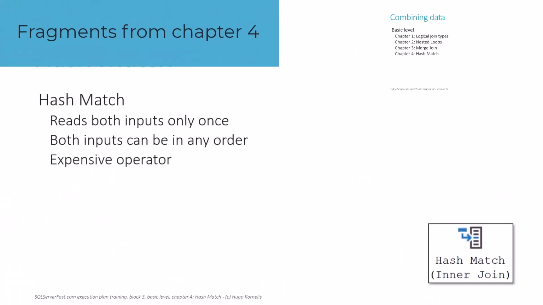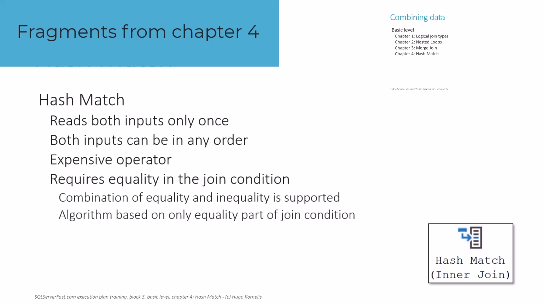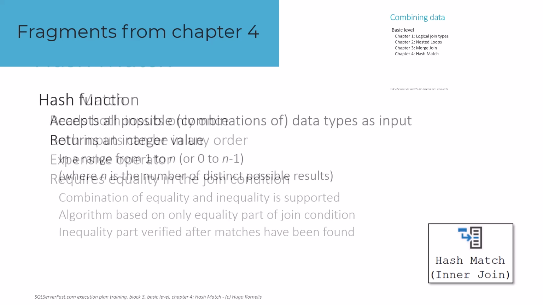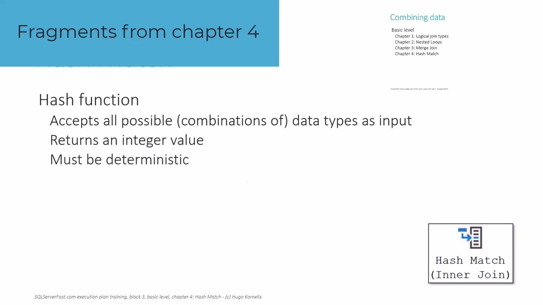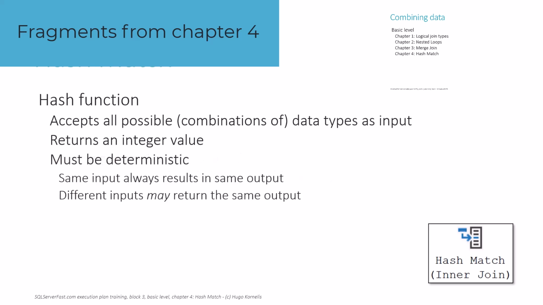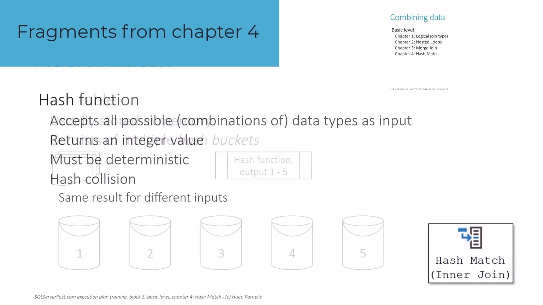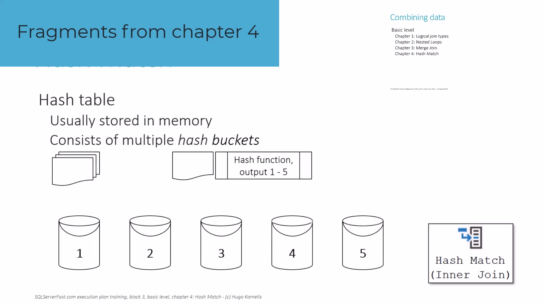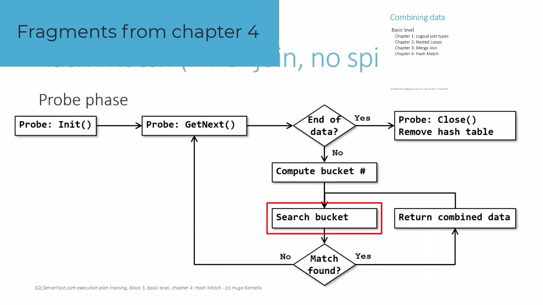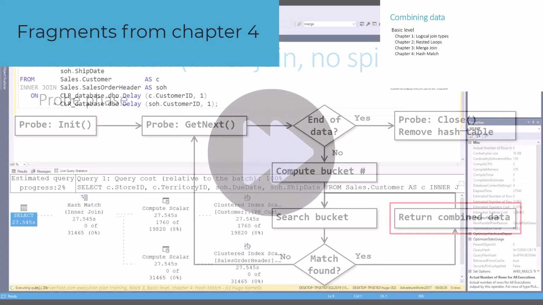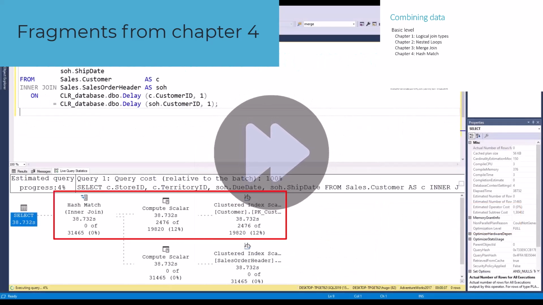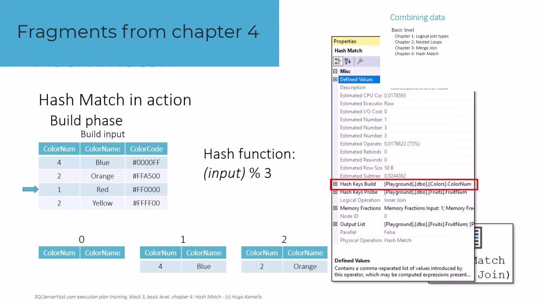Chapter 4 is devoted to joining data with the hash match operator. This operator does not require the input data to be ordered. And though it starts off quite expensive, it scales quite well, so it is often the best choice for joining large sets of data. You'll first learn the basic concepts of hash functions and hash tables. After that, you will see how these are used in Hash Match to find matching rows as it processes its input data. We'll cover some of the things to look out for when there is a hash match in an execution plan, such as its memory footprint, its blocking behavior, and the risk of spilling to TempDB.